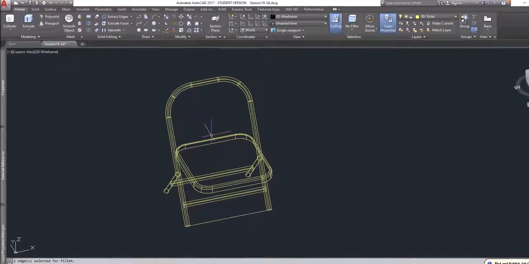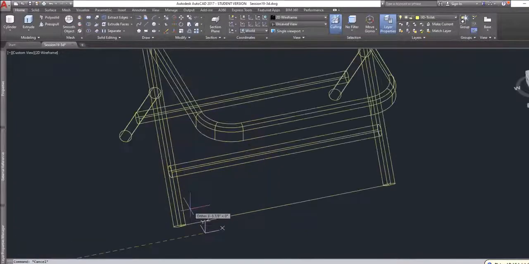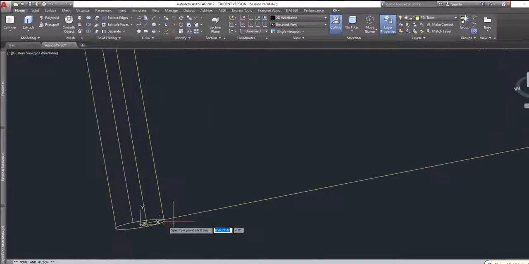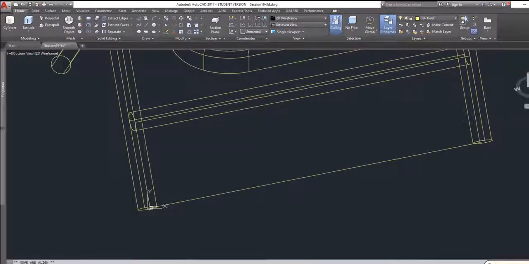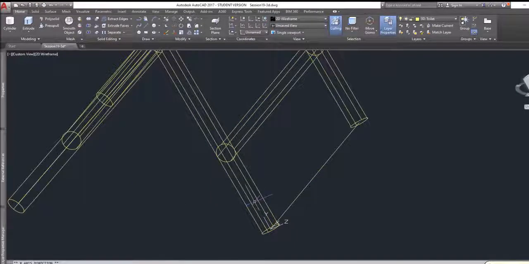Okay, now for this back, what I can do is, again, take my UCS, which keeps on happening, and move it to where the lines are that define that back piece. I can rotate my UCS so that it follows that angle. And then now I can draw in